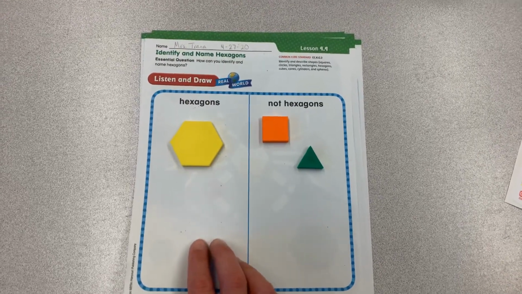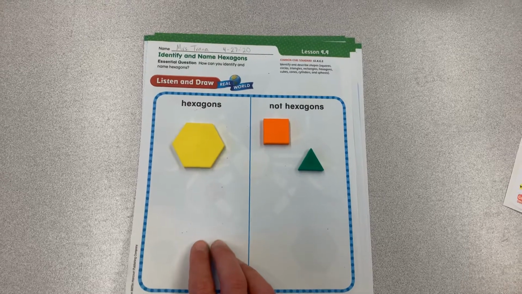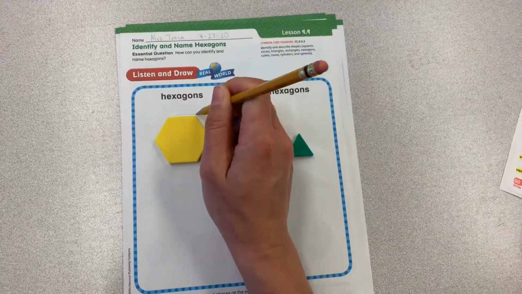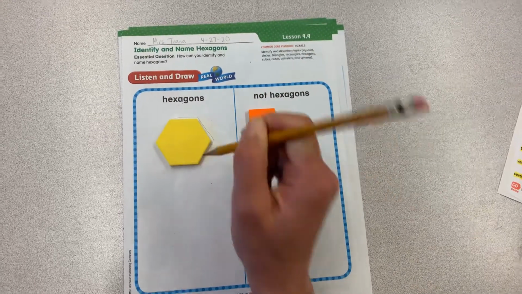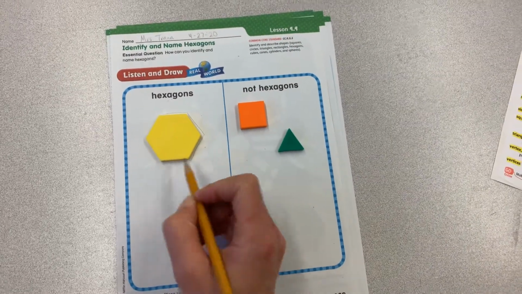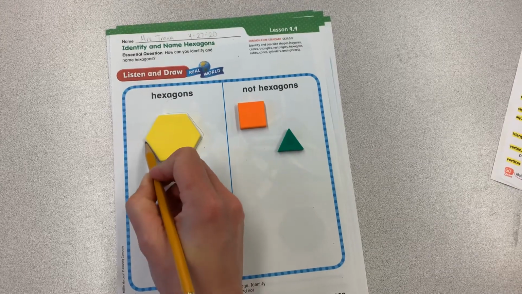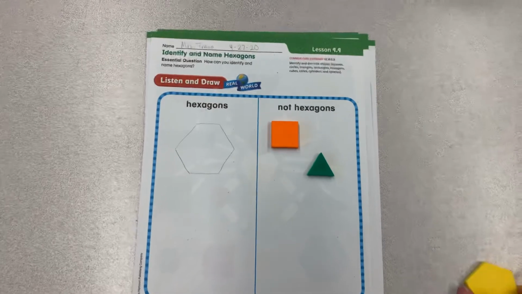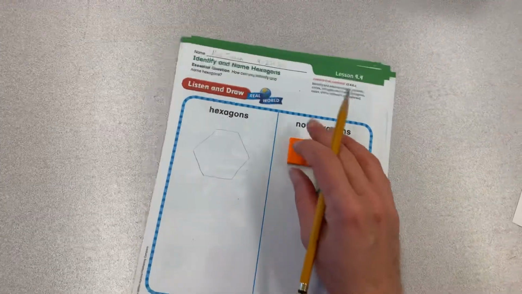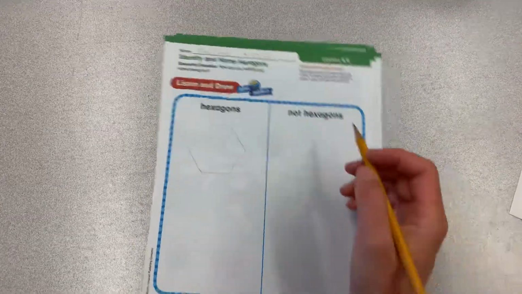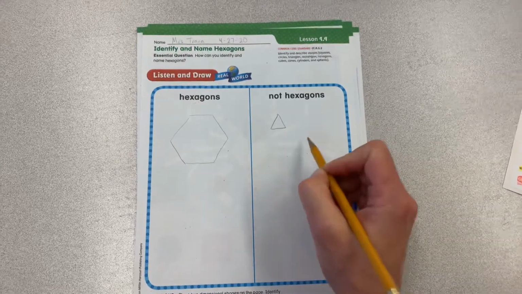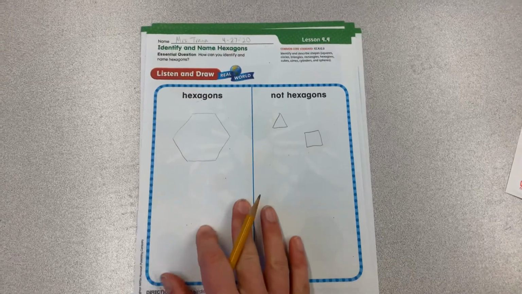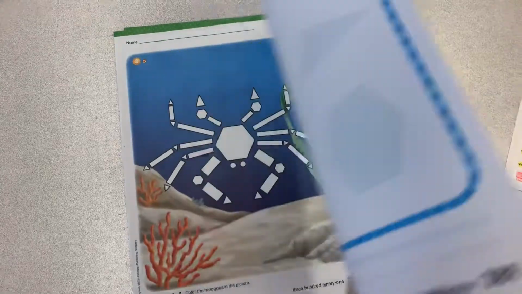Hexagons and not hexagons. If this one's hard to draw, you can also trace around your yellow shape that teacher gave you. Sometimes I tell kids to do that. And there you go. There's your hexagon. There we go. That's what that would look like. All right. Let's flip it over